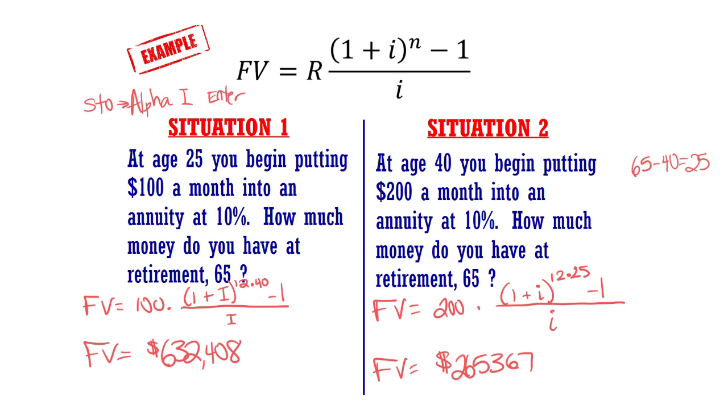All right, so here's my number. I ended up with $265,367. All right, what do you think? Is that anticlimactic, a little bit shocking that the $200 that I was paying extra did not make up for that at all? And even more interesting,